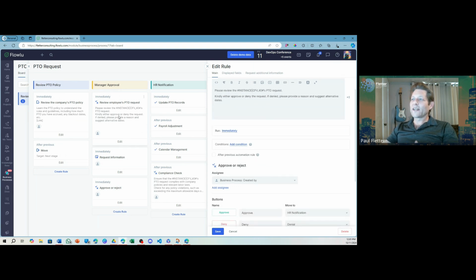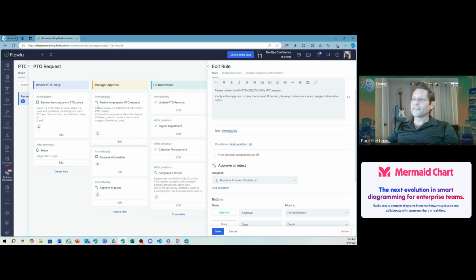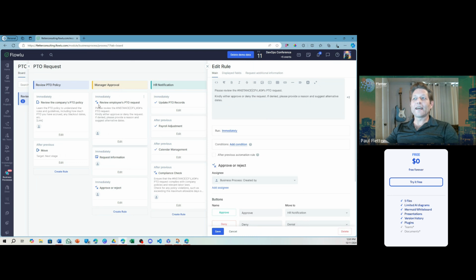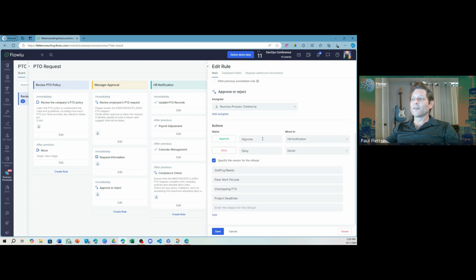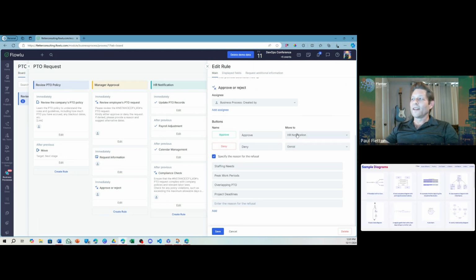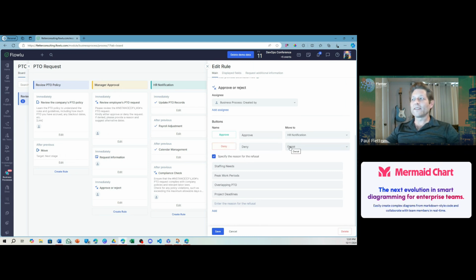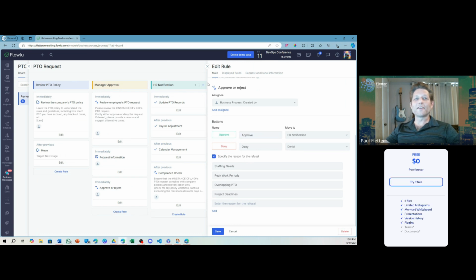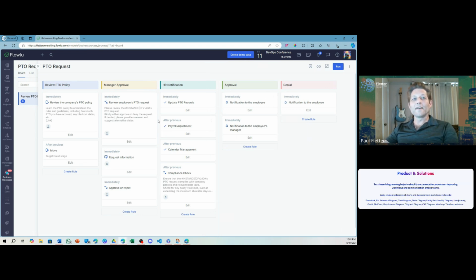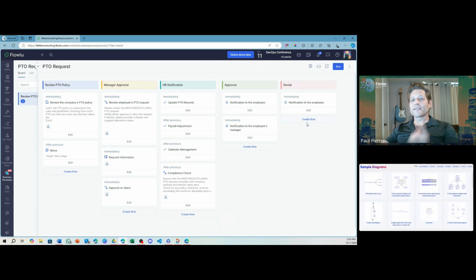At that point the manager gets a task. This is the template for the rule. If you notice these little icons here, they help you understand what the task is. So this is an approve or deny type of request. If you see down here that there's an approve or deny button, it has an action associated with it. If you deny it, it would just get dropped into the denial, or if you approve it, it gets moved to the next step, HR notification. You can see the denial and approval are sitting at the end. So if it gets denied at this step, it moves all the way to the denial and considers it complete,